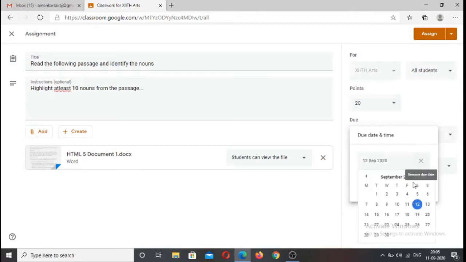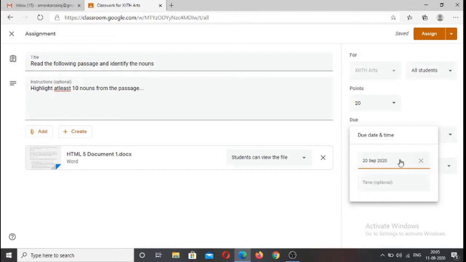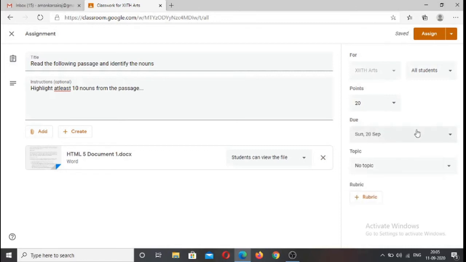So by when I want my students to finish this assignment. So today is 12th, so I can just say by 20th of this month they have to finish. If I want to specify time, I can specify time, or else you can leave it blank. So by next to next Sunday, the students have to submit the assignment. And below that we have again topic. So we have to select the topic under which this exercise is given or the assignment is given. So I have selected this exercise comes under the first lesson, the mango tree. So it helps me in organizing this content under that particular topic.